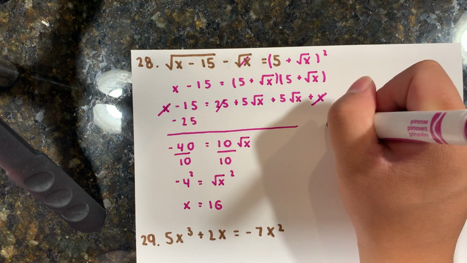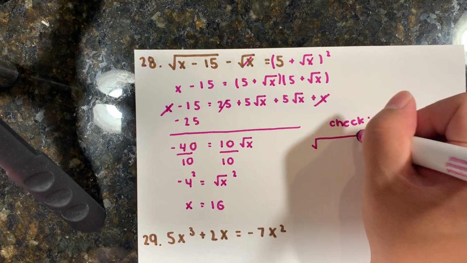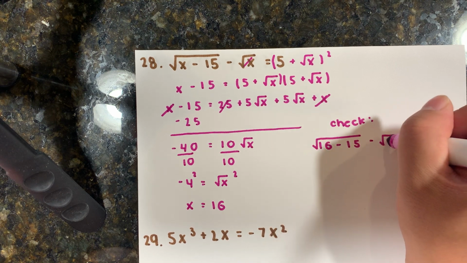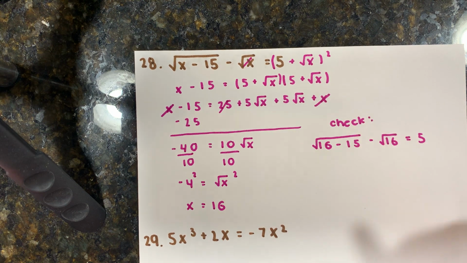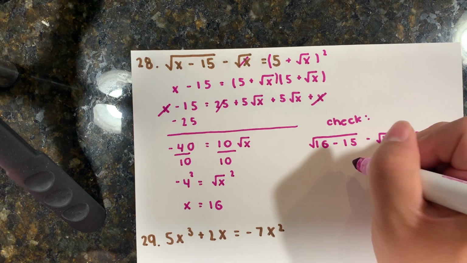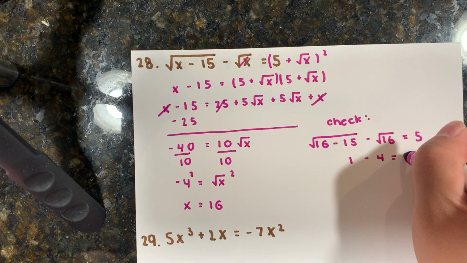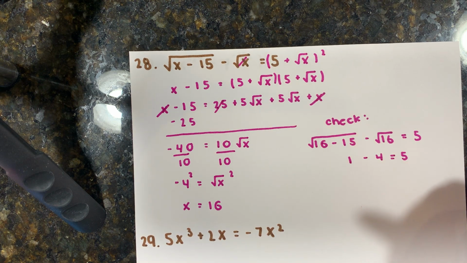Now I do have to check this. So I'm going to plug it back in. So it'd be 16 minus 15 minus the square root of 16 equals 5. Square root of 16, this square root of 16 minus 15 would be 1 minus 4, which does not equal 5, but the answer is 16,